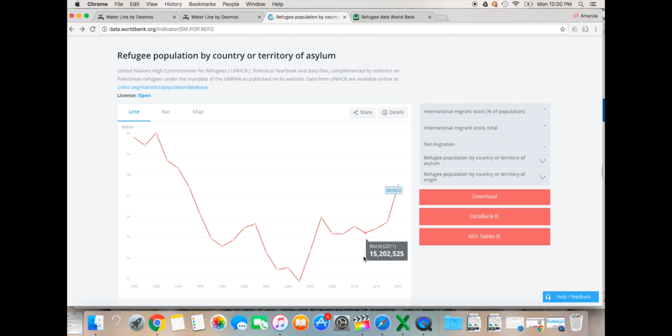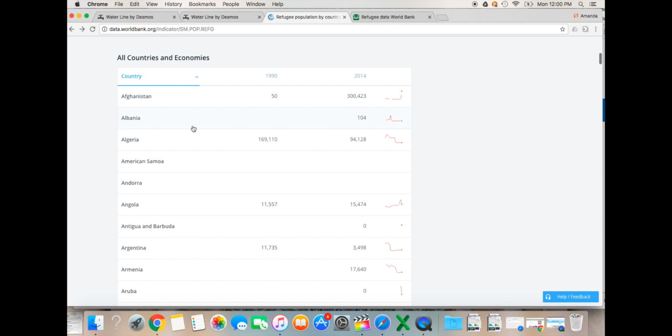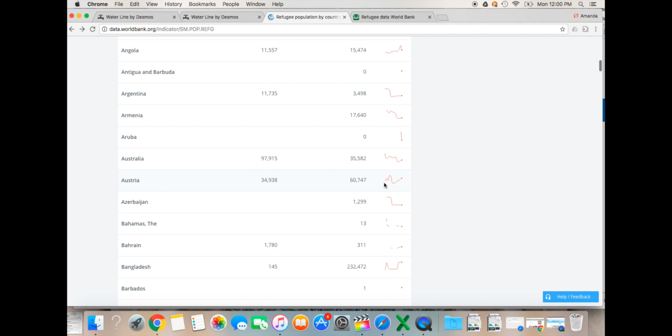And what I think is super cool is if you scroll down, you can see the different countries and what their graphs look like. So a small line graph from 1990 to 2014. So a neat activity for students to do. Now they didn't have the teacher's view in Desmos, but it is a way that they could look at the data. So they could see, okay, well, which one is a function or which one has a